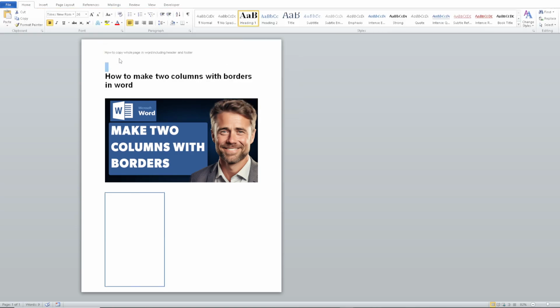And again, from here, all we have to do is repeat the process. You can simply press Control C and Control V. That means copy and paste. And we can simply drag this one right here, side by side. But if you don't want that,